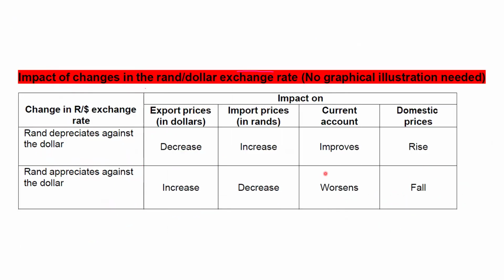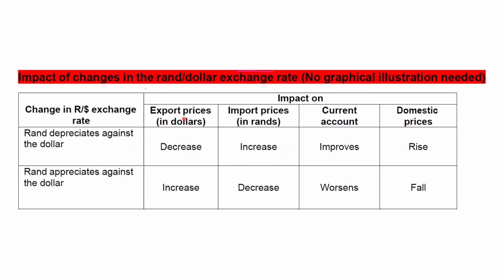The impact of changes in the rand or the dollar exchange rate, no graphical illustration needed. So if the rand depreciates against the dollar, what happens to export prices? The export prices will decrease. So if the rand depreciates, it means that the rand loses value, right? It loses value. So if the rand loses value, it means we would see the export prices, remember,